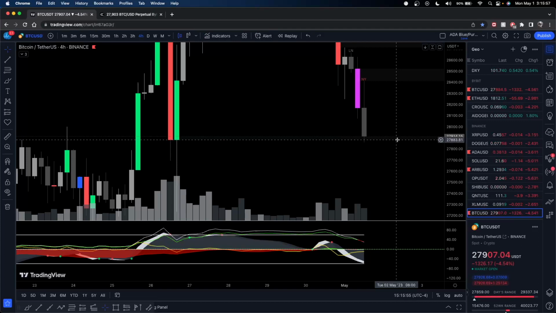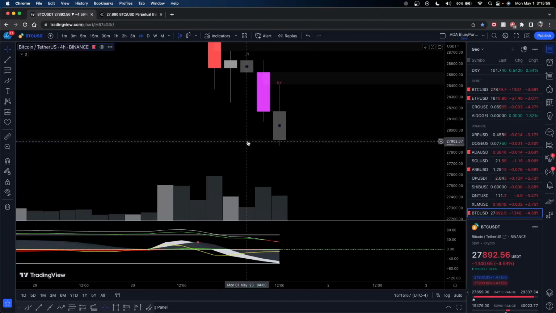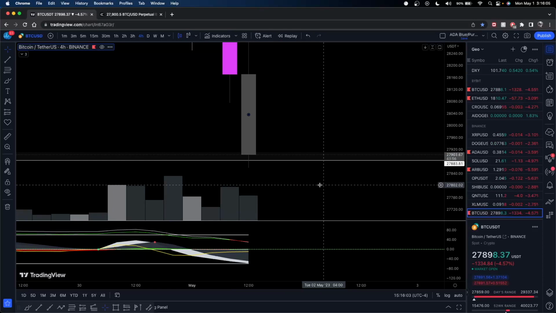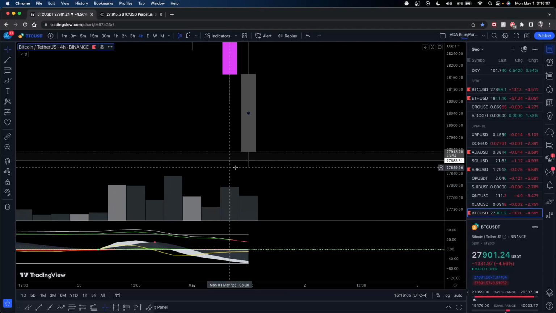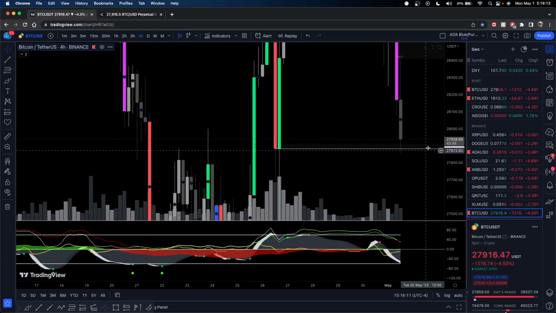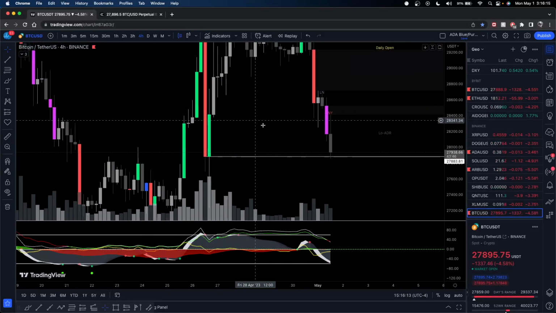And like you can see, it's pretty accurate, right? This is where the vector closed, which was at this price, 27883, and it wicked down to 27859. So we're off by like $20, right? So it's pretty accurate. And I'm going to show you why it's important for you to know these levels now,